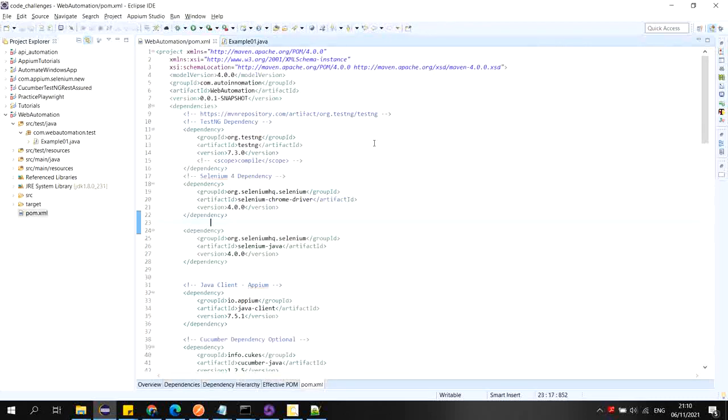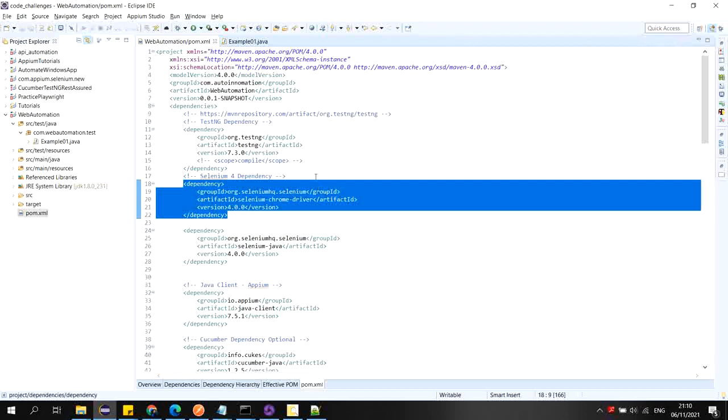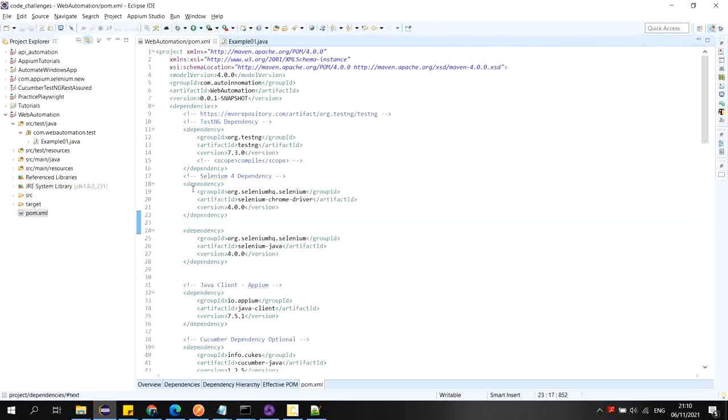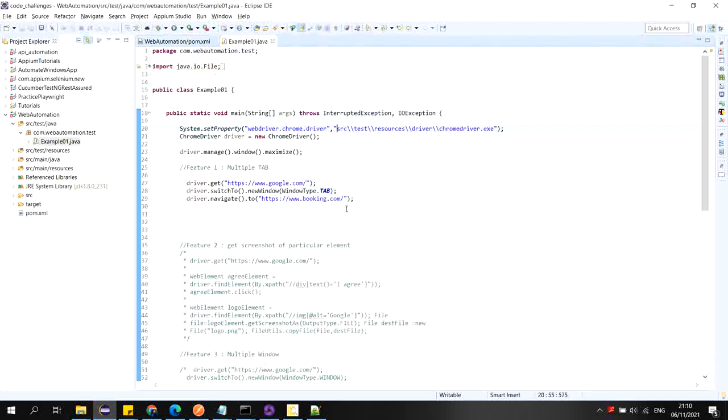Okay, so first thing, how you can configure Selenium 4. This is a Maven project I have created in Eclipse, and this is the Maven dependency I have introduced here. We all know that Selenium 4 alpha version, then the beta version, was available for the last 2 years, but recently last month they have released the new Selenium 4 stable version. So these two Selenium 4 dependencies I have introduced here. In the video description I will give you the Maven dependency link as well as the Maven dependencies also, so you can use those dependencies.